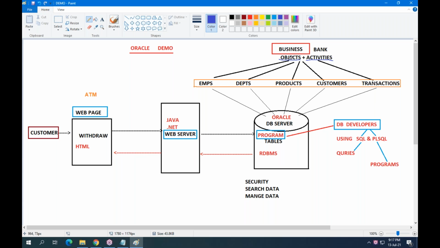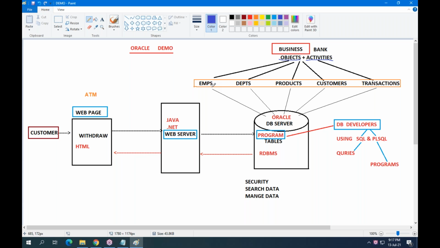Suppose you are working in some software company, TCS. Then who are you for TCS? An employee. You are an employee in the TCS company. Then you are an object, a part of the TCS business. So a real-time object means a part of business.